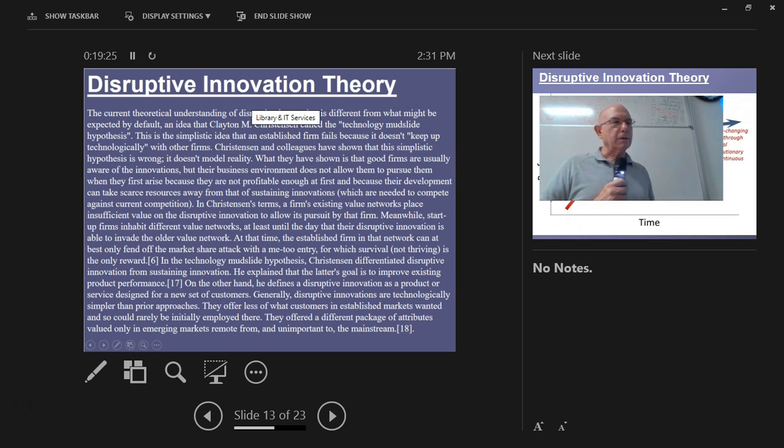Disruptive innovation theory, we talked about Clayton Christensen and his theories about how companies that are really powerful, monopolies, oligopolies, and it seems like there's no way that anybody could overcome them, are overcome by a startup, somebody that has very little financing, very small staff. It seems like it's no threat at all to the major monopoly or oligopoly, and yet, lo and